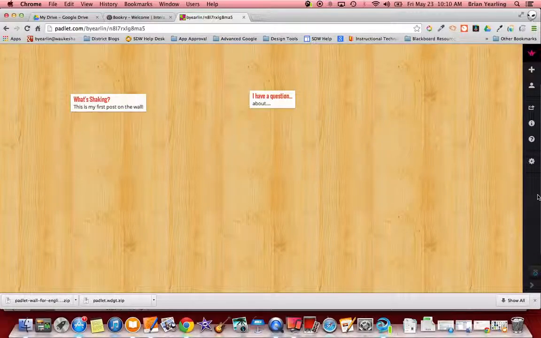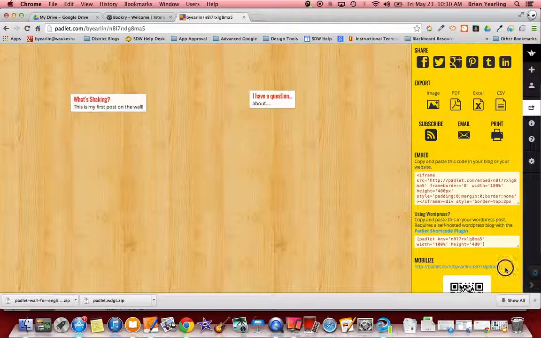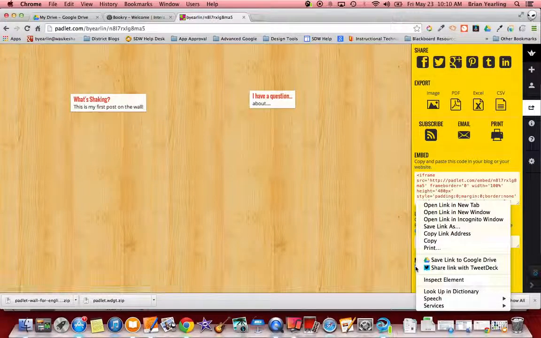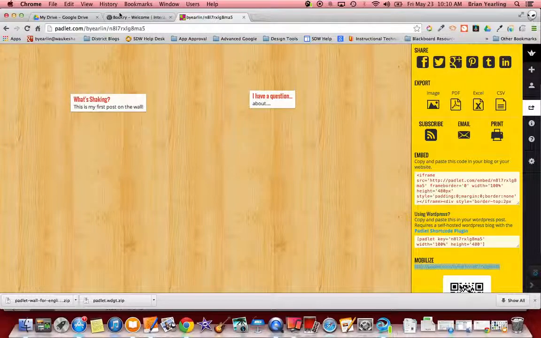The key things about this particular page is that I need to get the URL, which is right here. And so I'm going to copy and paste that URL. Another place you can get it in Wallwisher is the Share Export. And I'm going to copy this whole URL right here. So we'll just get that, copy. Okay. Once I've got that, I've got some HTML content or a website, and I've got the URL,